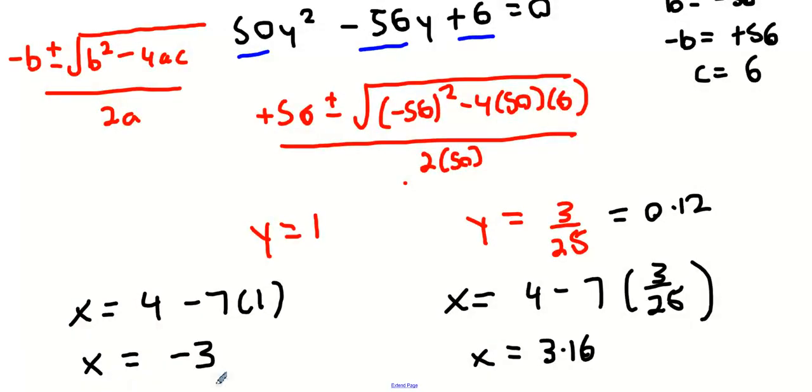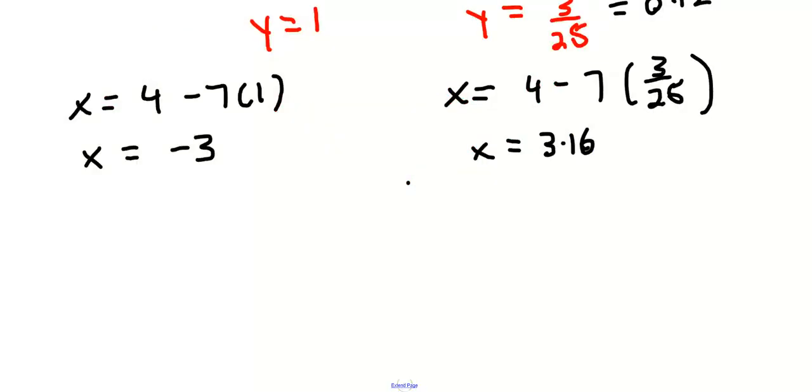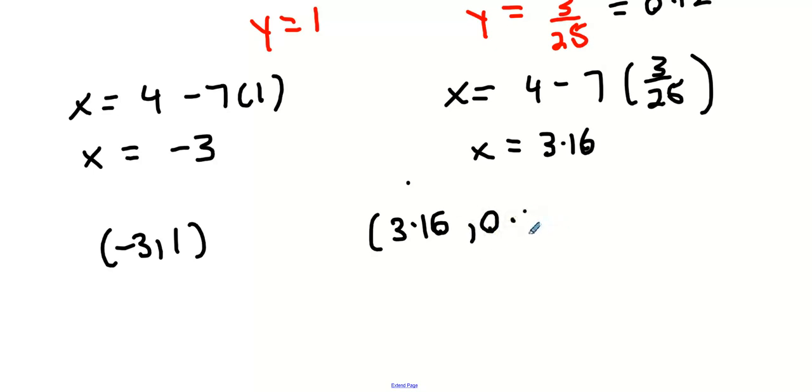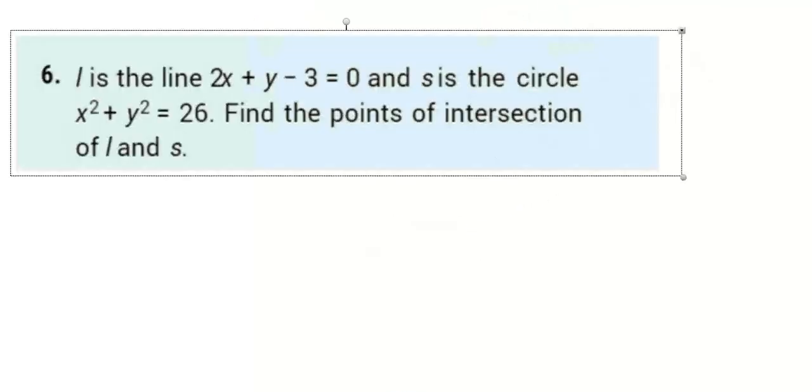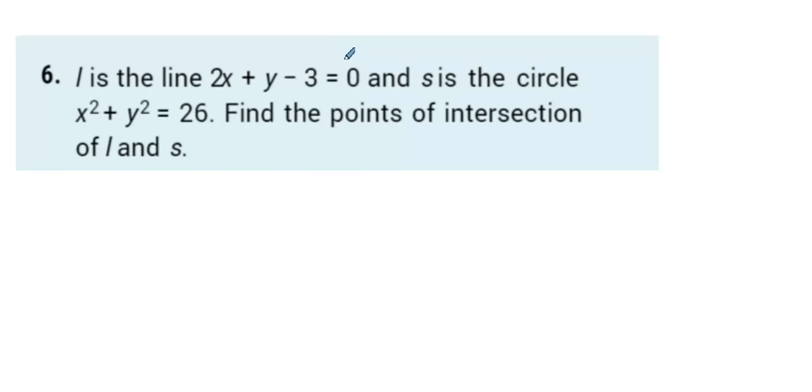So here's how you get full marks, all right? We're all guilty of this, right? So minus 3 and 1, and the other one's not 3.16 and 0.12. Okay. All right. So lads, what I was telling you earlier is you go for the linear, you choose one